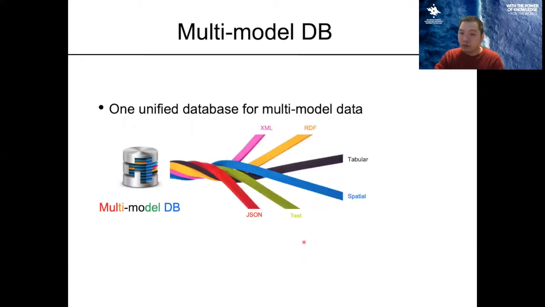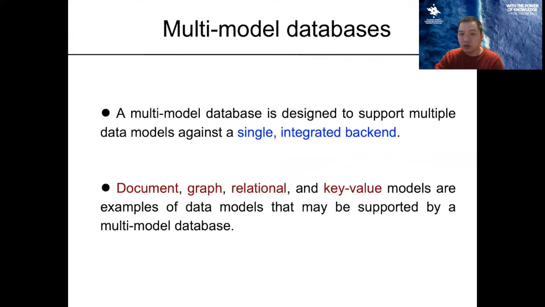The concept of multimodal database is to utilize one unified database for multimodal data. And this approach reduces integration, migration, development, maintenance, and operational issues. Therefore, a multimodal database is designed to support multiple data models against a single integrated backend. And so the document, graph, relational, and key value models are examples of data models that may be supported by